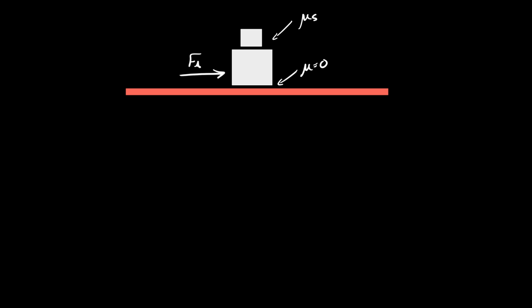I think like anything else, we try and get an idea of what the system's going to do. I think it's not a huge stretch to suggest that there's going to be an acceleration of the system in this direction. Would you guys agree with that? Excellent. So we're going to accelerate this way. I'm going to make this the positive direction then. And then I would go ahead and ask you, the only way there's an acceleration in this direction is if the net force is greater than 0. I think we have a net force greater than 0. Let's go ahead and name this top box, so mass T, and this one bottom box.